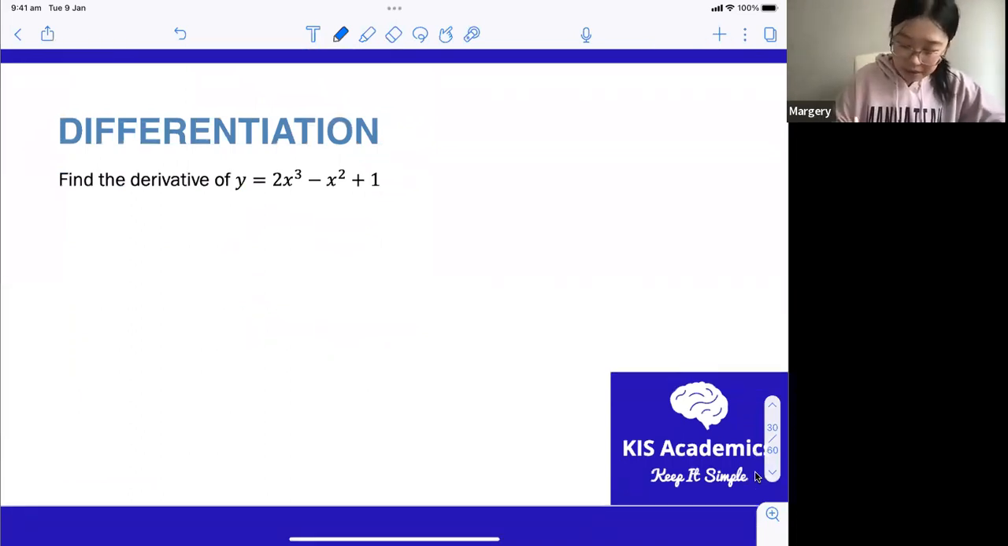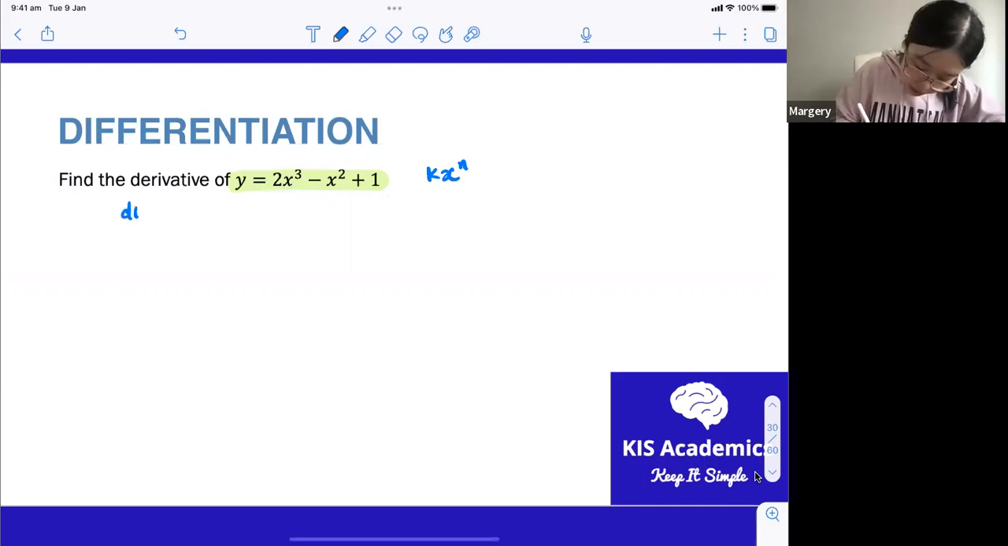If we wanted to find the derivative of y equals 2x cubed minus 2x plus 1, I know that all of the terms I've got in here are in the form of, of course, the 1 is just a constant. So all of the other terms are just in the form of kx to the power of n. So in order to find the derivative of this, I know that I bring down the power and I subtract 1. So to do this, we get dy/dx, the derivative, is equal to